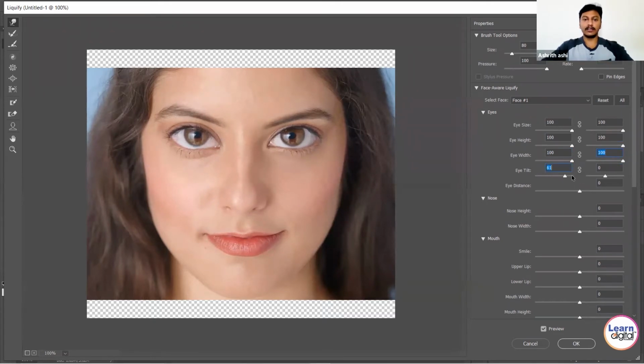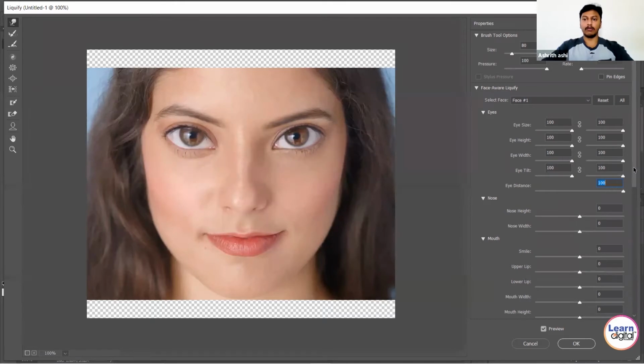Then eye tilt. Yes, I need a tilt. In which direction you want to tilt, like in face parts, you can tilt. Then eye distance, you can change. See over here. Minus value brings them together, plus value moves them away. Which one you need, you can use. I need everything together or far away.